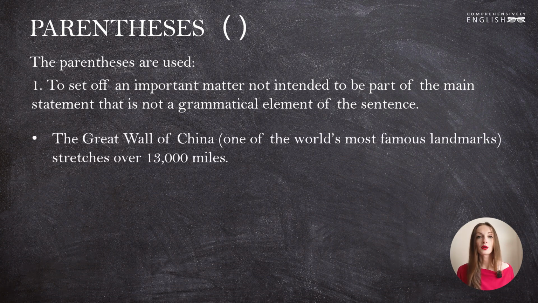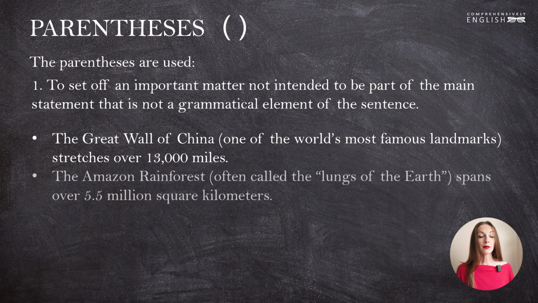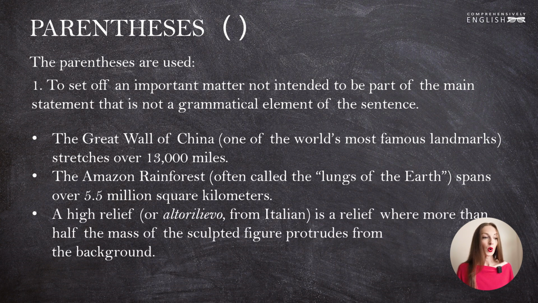For instance, the Great Wall of China (one of the world's most famous landmarks) stretches over 13,000 miles. The Amazon rainforest (often called the lungs of the earth) spans over 5.5 million square kilometers. And a high relief (or alto rilievo from Italian) is a relief where more than half the mass of the sculptured figure protrudes from the background. So we see in all of these sentences additional information, which is not an essential part of our idea, is